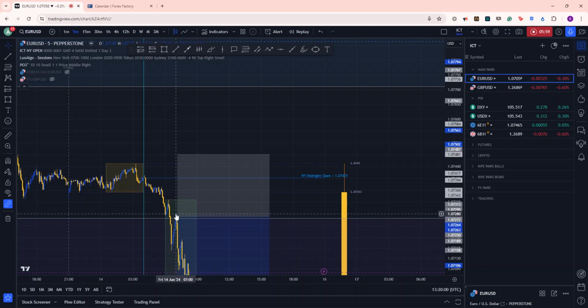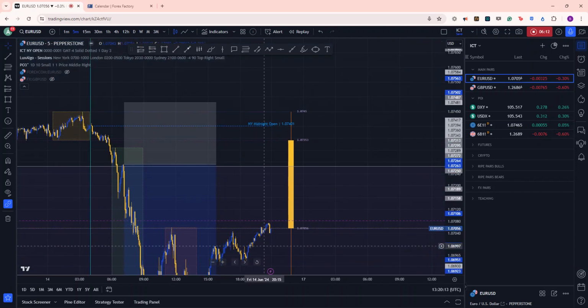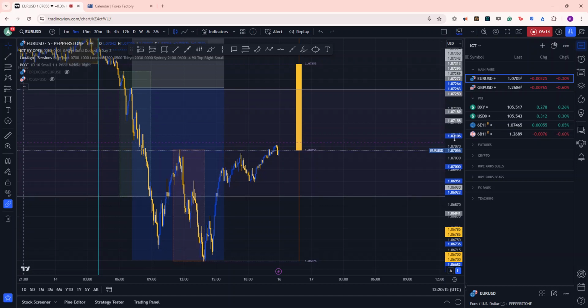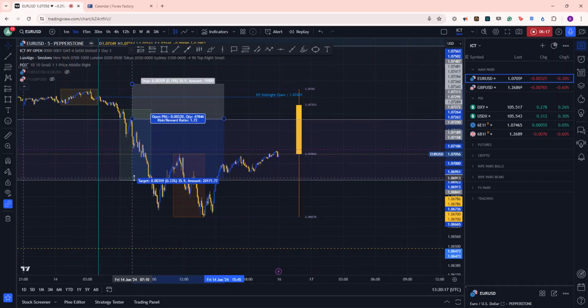It broke down. I looked at this here, fair value gap, order block, nice entry. Came in here, tapped that, and literally zero drawdown, guys. Price went in. I scaled out of this move somewhere here. I didn't take a 1 is to 2, I took a 1 is to